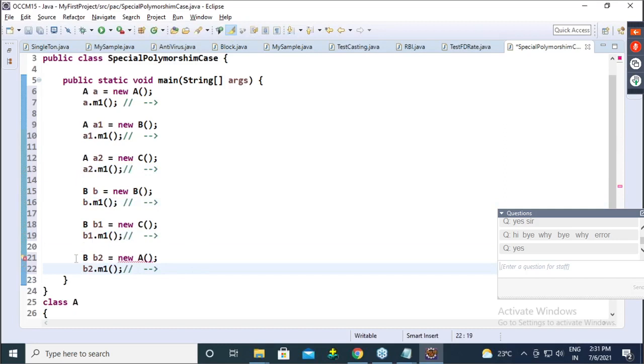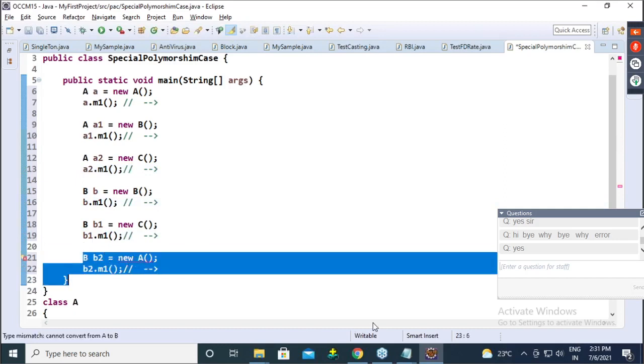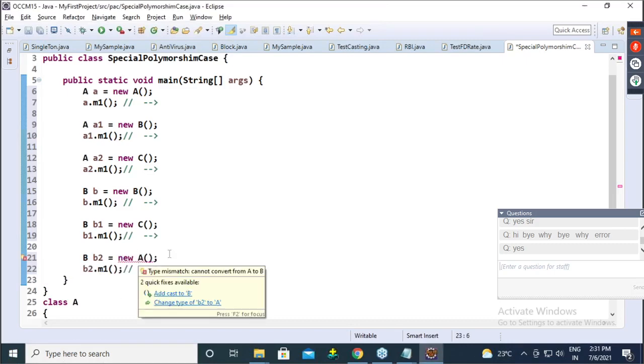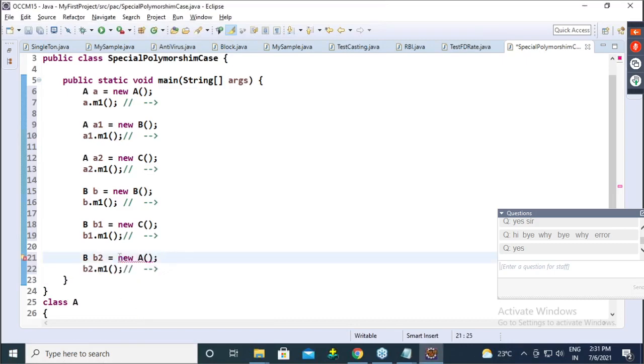So guys, no doubt the last case is a compile time error. So whoever says the last case has a value, that is wrong. Guys, parent will not have a child reference. New of A is a parent. Parent will not have a child reference.